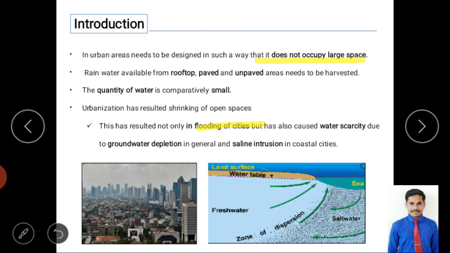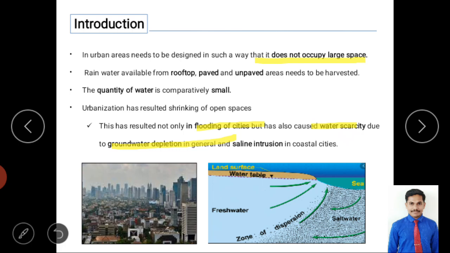And it even has the impact of water scarcity and groundwater depletion during the non-availability of water. Water scarcity means non-availability or inadequate availability of water, and using more groundwater causes depletion of groundwater. Due to the depletion of groundwater, we have voids. For example, one of the major problems in coastal urban areas like Chennai and Mumbai. Many cities are nearby the coastal areas.